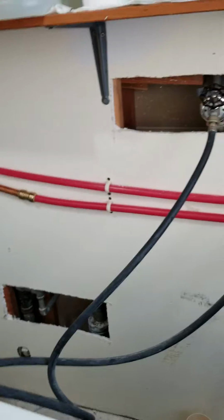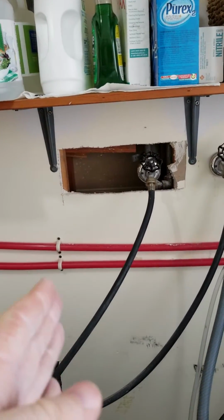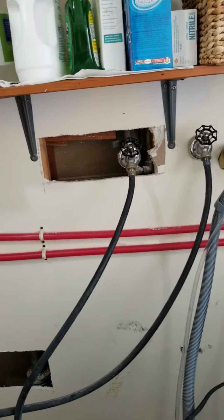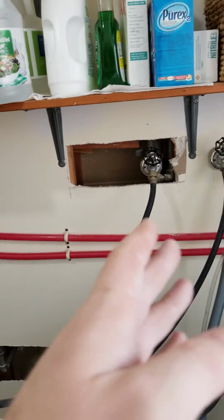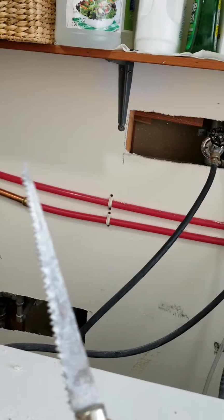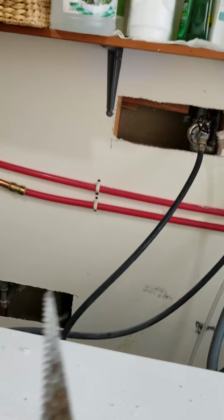This took me maybe 2 hours to do these cuts. You can see where the studs are in the wall. This is a lightly finished laundry room, so it's just some observation skills. You can see where those studs are. We just used a tool called a hole saw or a sheetrock saw, depending on how you want to do that. You just basically jab it through the sheetrock and you saw in a hopefully straight line or straight-ish line,